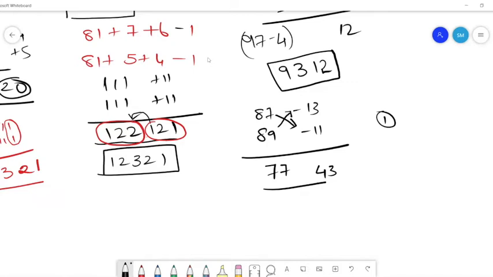Will there be a pair of numbers for which these cross differences will be different? Can you find two numbers? It can't be, because this is something similar to mod 9 or mod 10, whatever you call it. Some modular arithmetic concept is actually involved here. So there is no chance that you get a different diagonal difference. Okay, great, interesting.